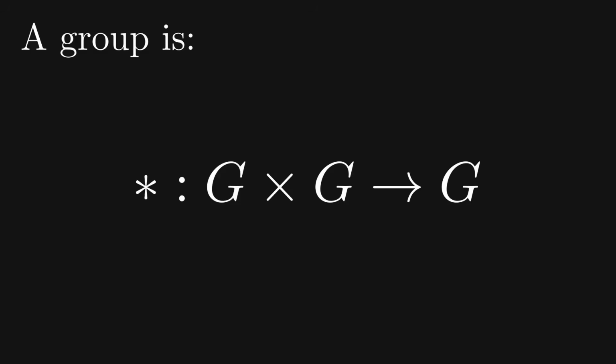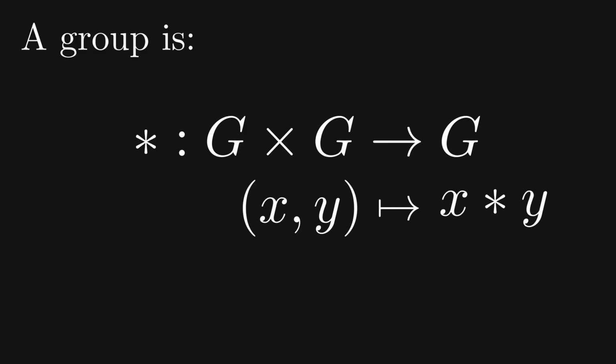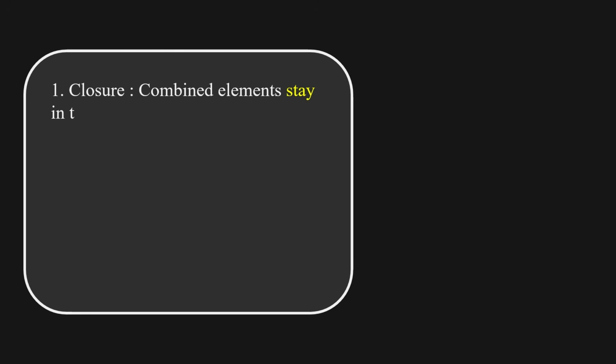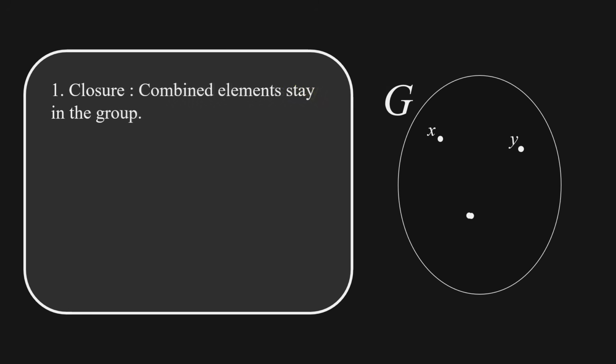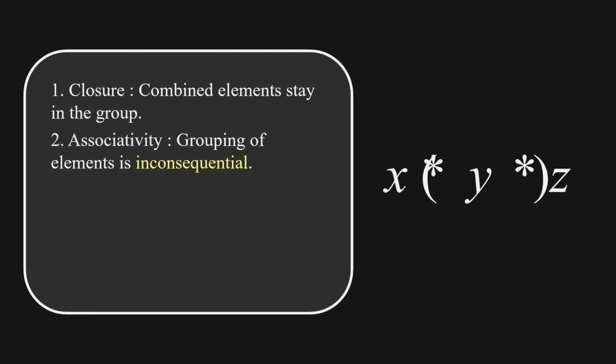They are defined as some set, say G, equipped with a binary operation, which is some function that takes 2 elements of the set G and combines them in some way to obtain a new element in G. A group must satisfy the following 4 properties. The first is closure, which says that the combination of 2 elements of the group via the operation must not exit the group. The second is associativity, which states that the way you group elements when combining does not change